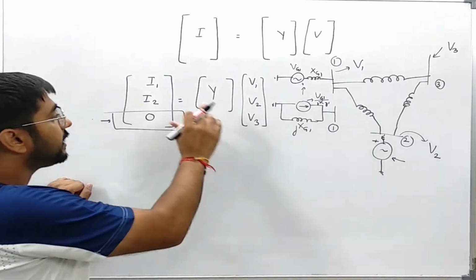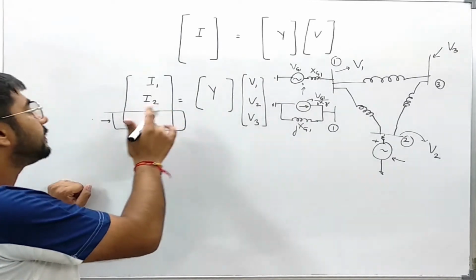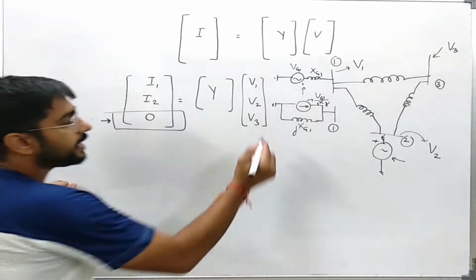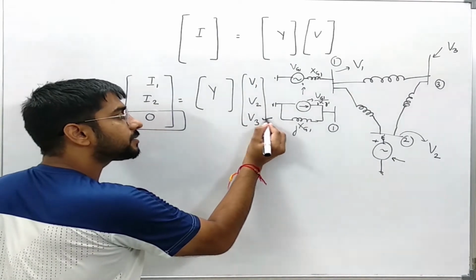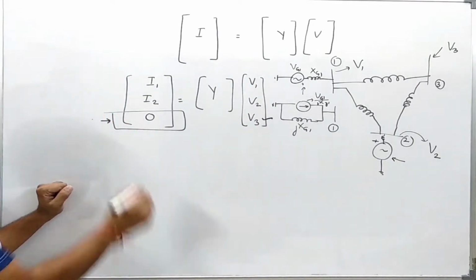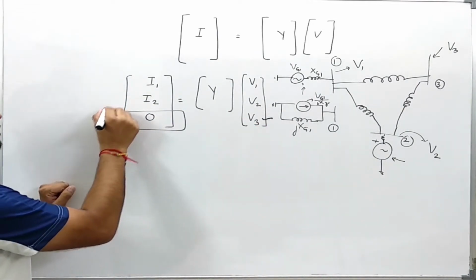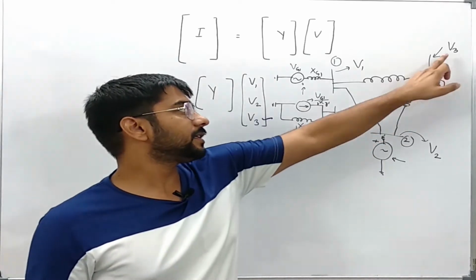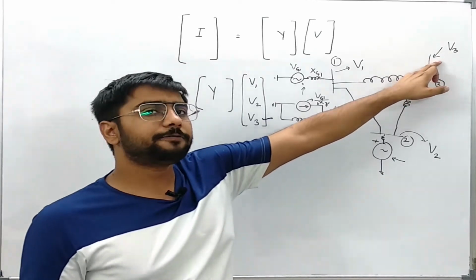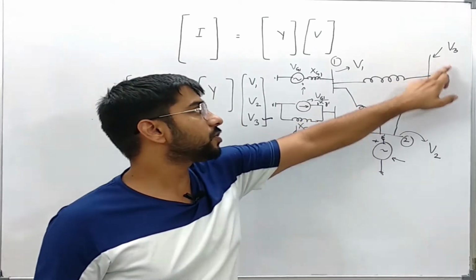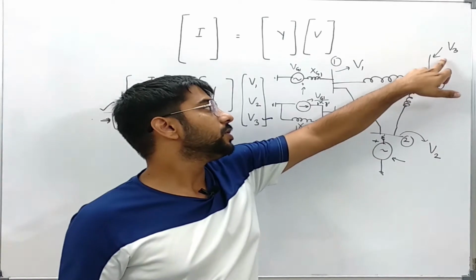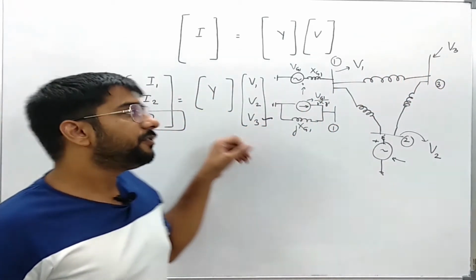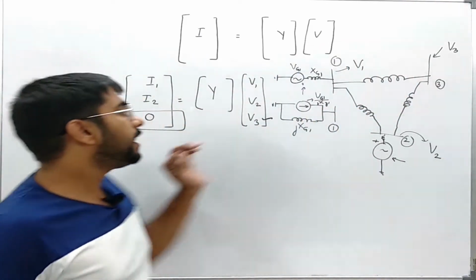However, you will see that this is possible only when the current source entering into that bus is 0. There can be a bus voltage, that is, this element can be non-zero, but if the source current is 0, then this bus can be eliminated. This thing we should keep in mind. So this voltage can have some value, but since the source current entering into this node is 0, even if it has a bus voltage, we can still eliminate this node and we can write